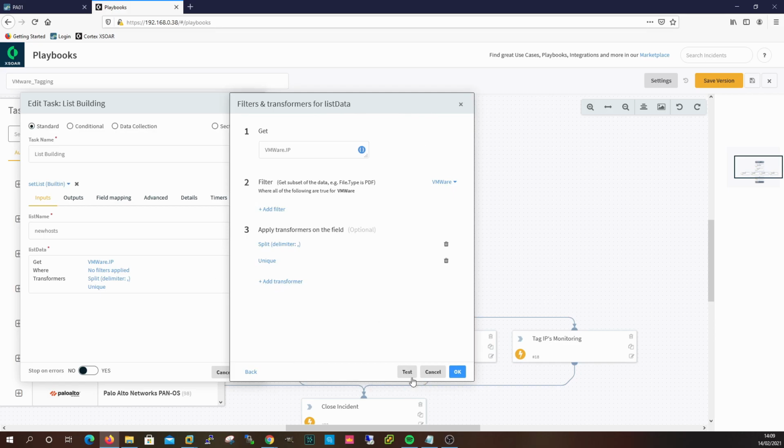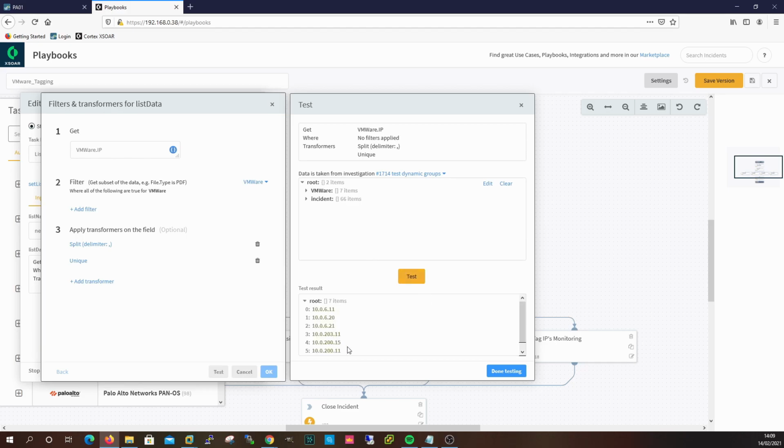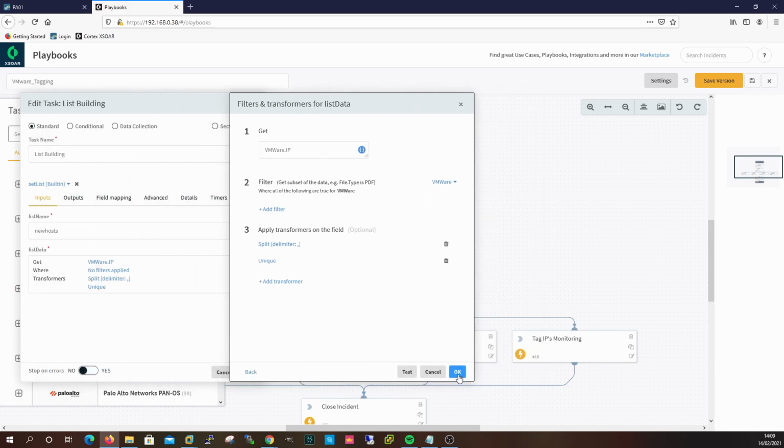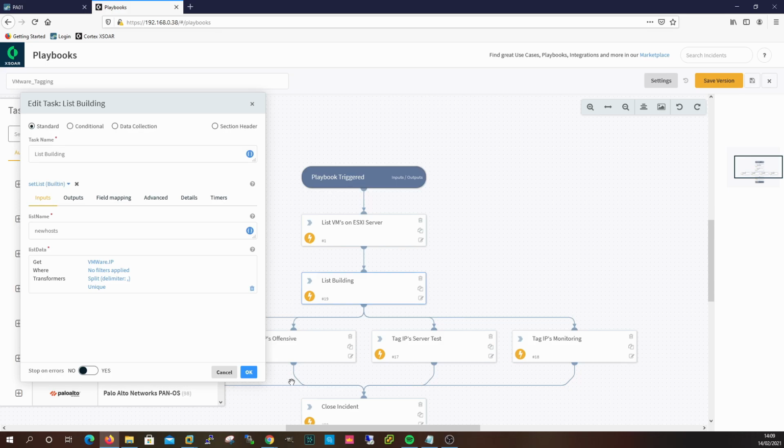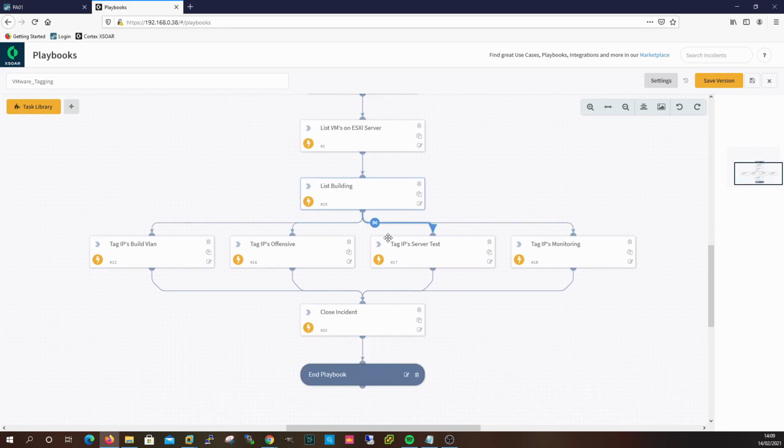Actually, what I can do then is I can test that against there, and that then shows you the result that you would get. So it's the way of building it in a way. If you're not quite sure what you're looking to do, just off the top of your head, you can look at the results that you're getting and then concentrate on how you're going to use them as you go further down. This is actually a very simple playbook. So from there we now have our list populated,